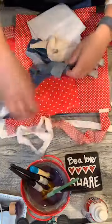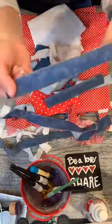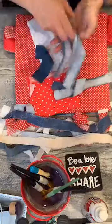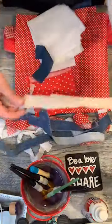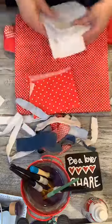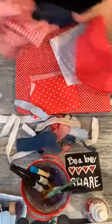So I'm pulling that out because I will use some of this denim. Blue denim is great for Americana. This is actually a flannel. This is just like a canvas. I don't even know what that is, but it's a natural color. It's not even white, but it'll still be fine in there, I think. Just one little strip's not going to hurt anything. I have a white, and then this was an extra blue. So I have more red, white, and blue, and I love the gingham. I think we need some of this in here. So let me show you the way that I prep